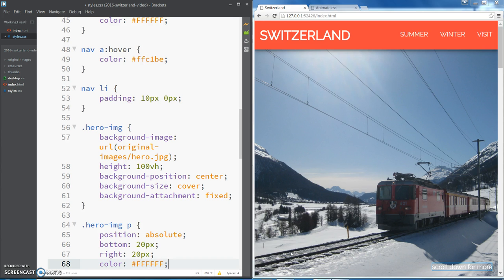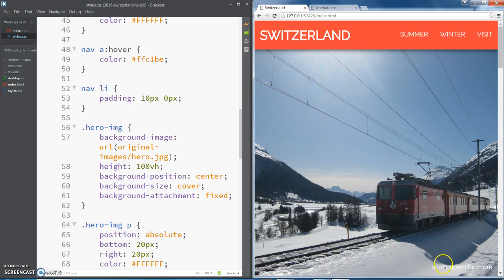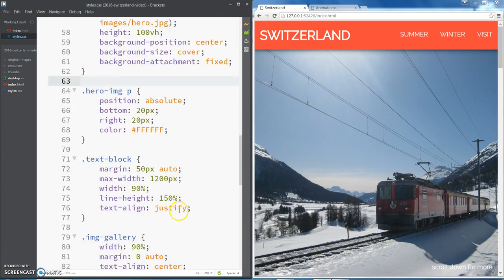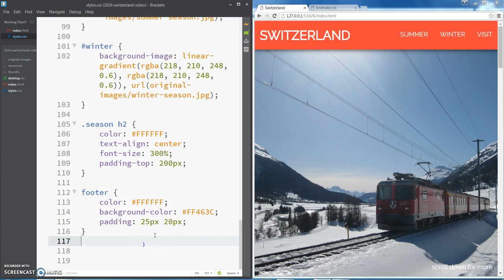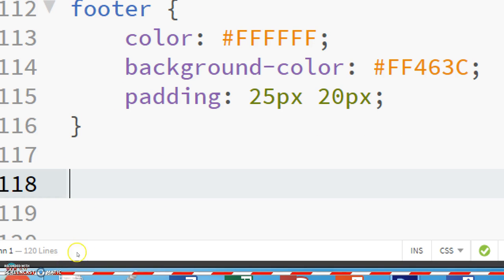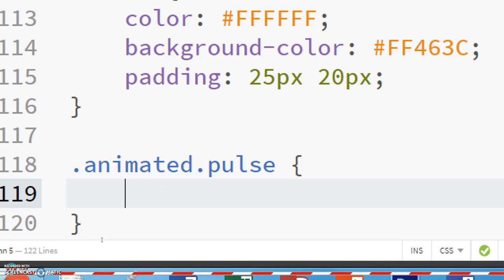And now if I refresh the page, you can see it's got that little animation effect on it. Now we can also make some changes to the animations themselves, and to do that we need to give the following class definition in our CSS, and it's a little bit different to what we've been doing in the past. So I'm going to write .animated and then .pulse with no spaces in between anything. So we have the two class names in a row,